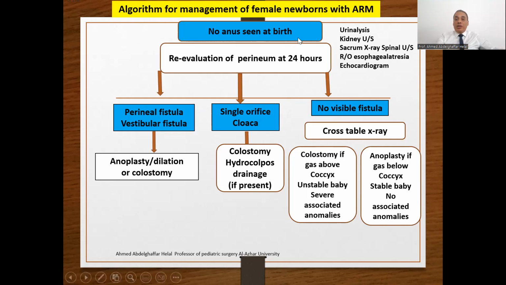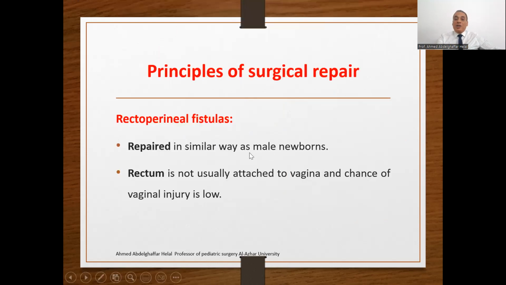Also, no visible anus. The first 24 hours will be used for searching for associated anomalies, and re-evaluation may disclose a perineal fistula or vestibular fistula. You have to perform anoplasty or dilatation or colostomy depending on associated conditions and the stability of your baby. Single orifice, or what's called cloacal malformation. In such cases, you need to perform colostomy,